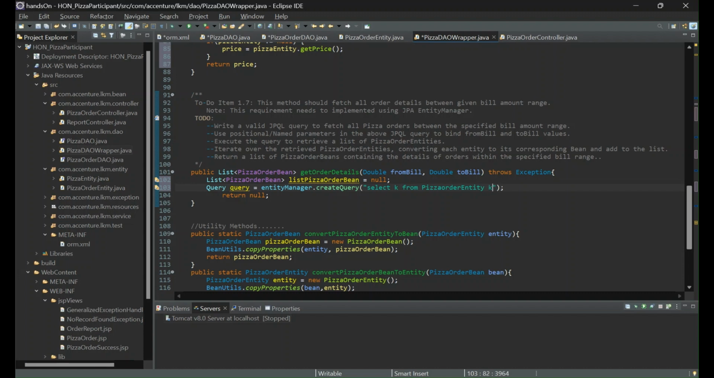and alias k. O should be capital, naming convention. Where k dot. Now, in this pizza order entity, we'll be having a bill. So bill greater than equal to